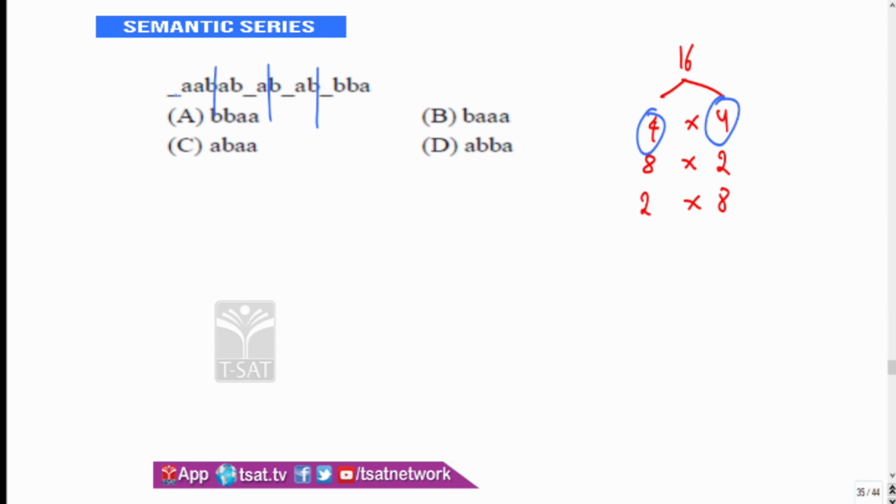So what is the common here? Gap A, here. See, gap A, I can't keep here B, there it should be A, so I can't take this as a common. Here gap A, so now there is a chance that these two might be common, so try to fill it